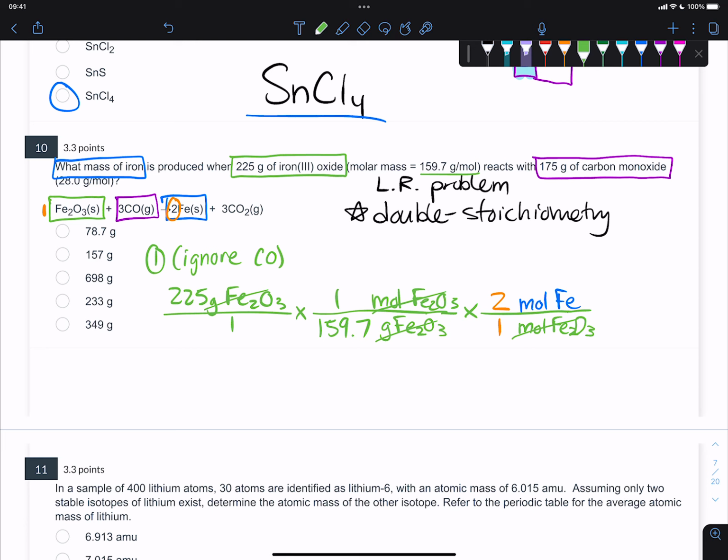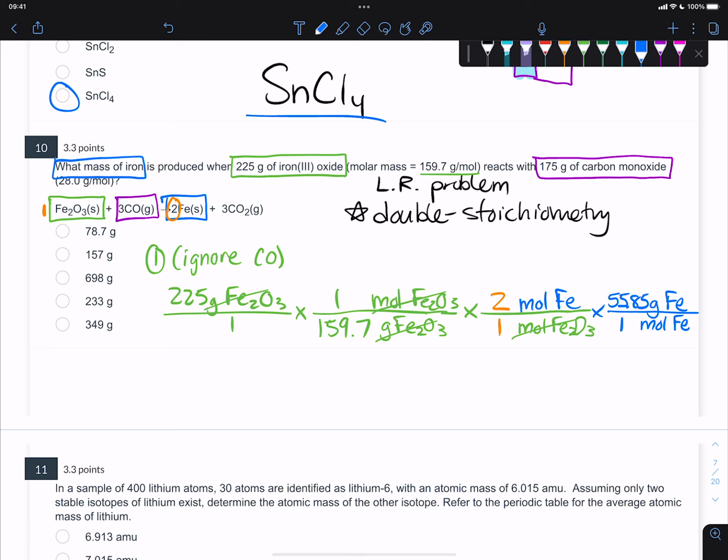And then we're going to finish up our stoichiometry by putting moles of iron on the bottom and going from moles to grams, finding out how many grams of iron we could make if we have this much iron 3 oxide to start off with. We're not worried about the carbon monoxide right now. We're going to use the molar mass of pure iron, which is on the periodic table. It was not given to you, and that's the part that I find interesting: you're given 2 molar masses, but you actually also need the molar mass of pure iron, which is